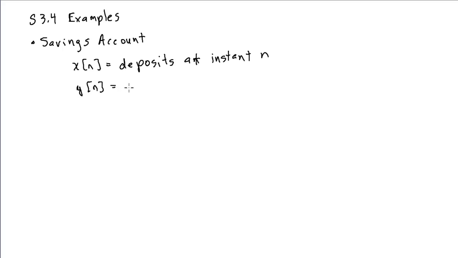It's the account balance, so the amount of money we have in our account. And then finally, R is the interest rate. So this is the interest per dollar